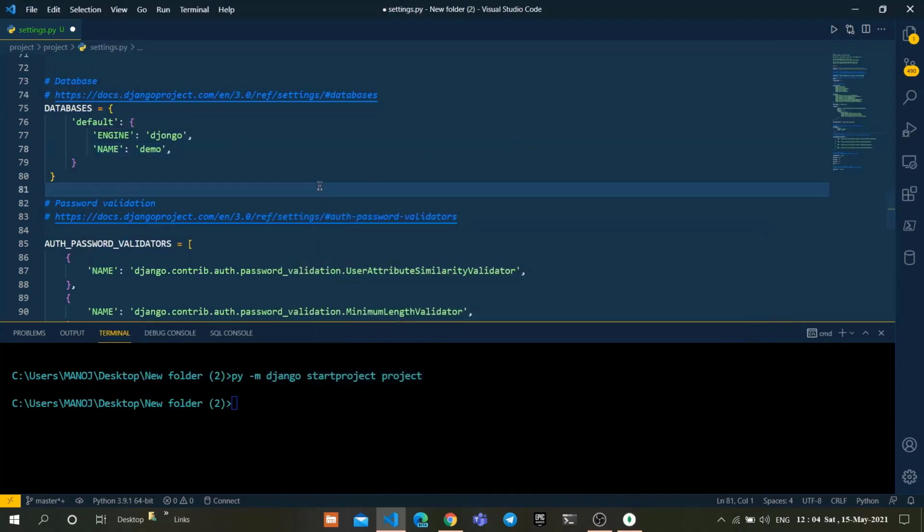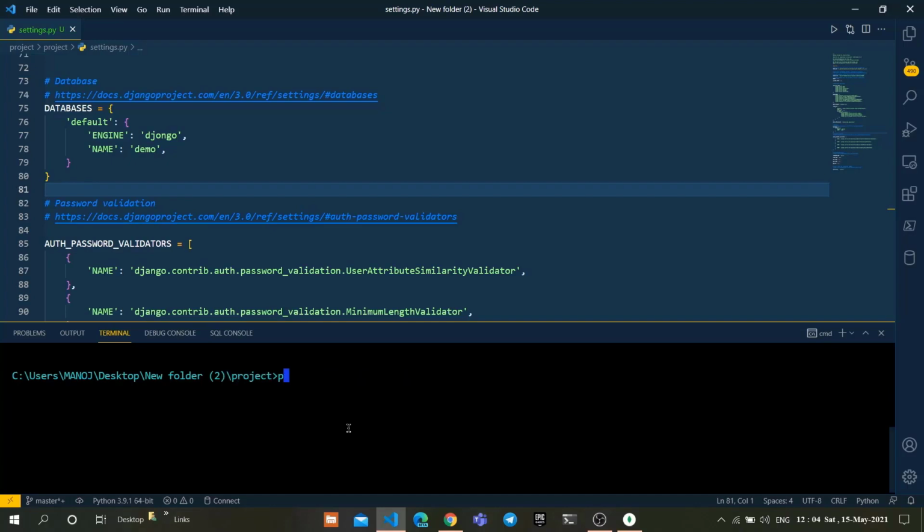So head over to the settings.py file and save it. To make this work, we need to run a command. Before that, just navigate to the project folder, which is the Django project: cd project.